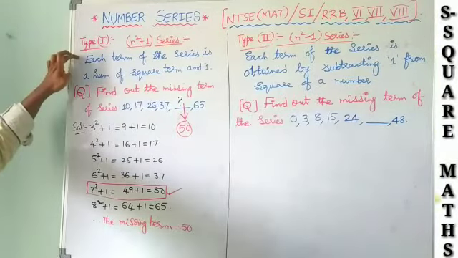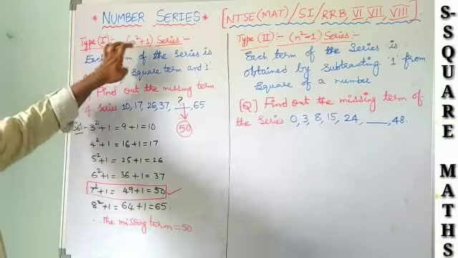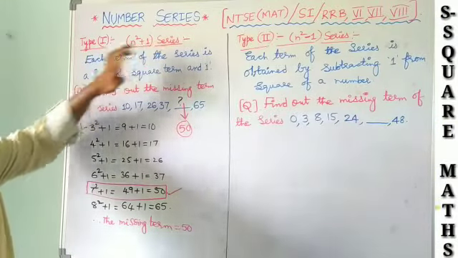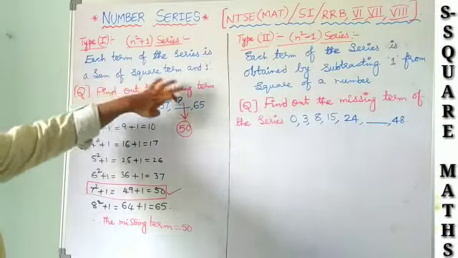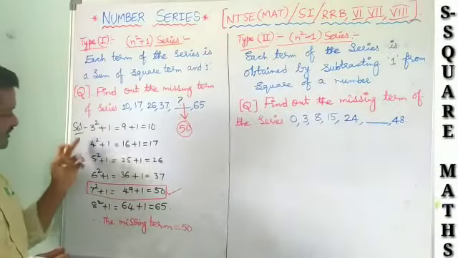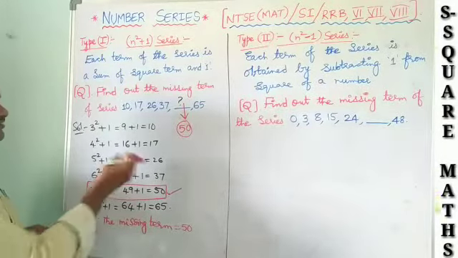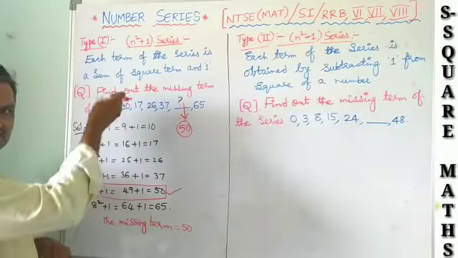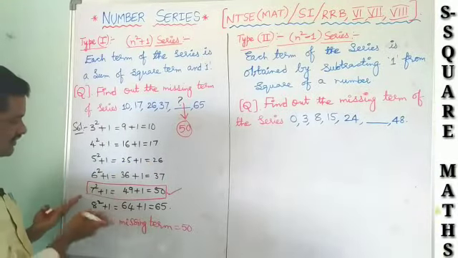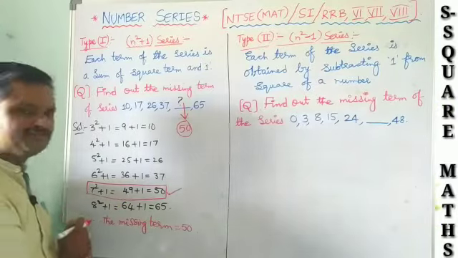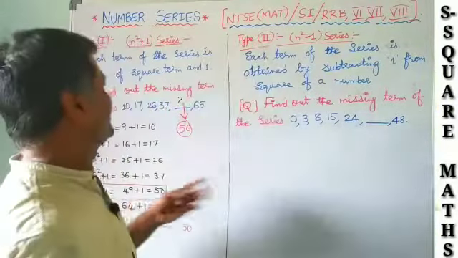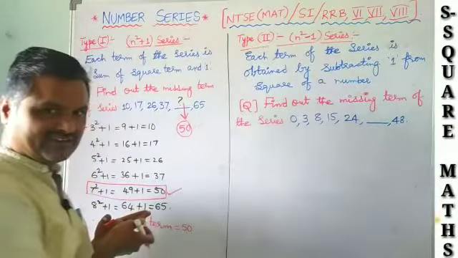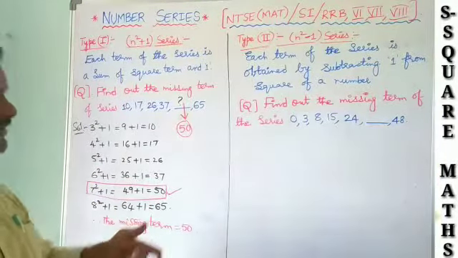So this is type 1, the first form, the n square plus 1 series. Each term of the series is obtained as the sum of a square term and 1. For n equal to 1 and 2 it fails, and for n equal to 3 it works. So on, we got 7 square plus 1, 49 plus 1, nothing but 50. I hope you got a better experience with this. The same will continue here.